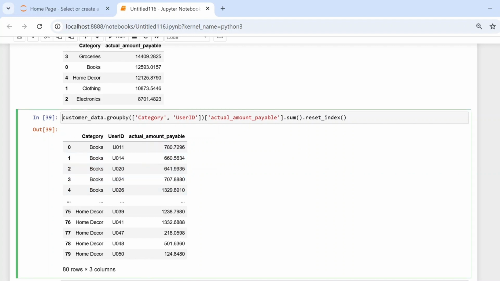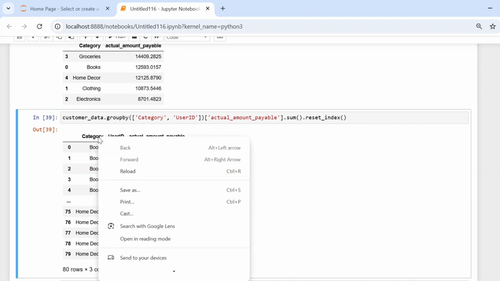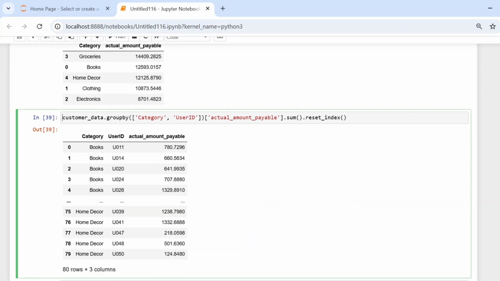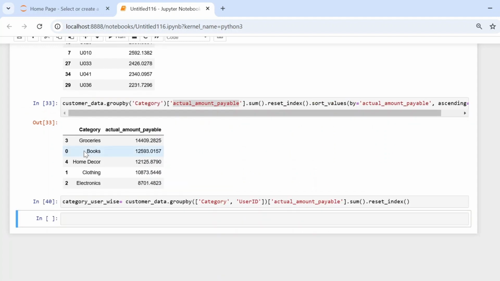You can see now I'm just considering this as category and user wise, right? I'm just writing it as category and user wise. Okay, now if I call